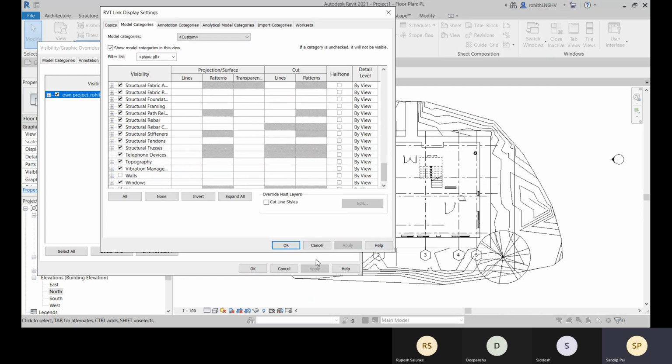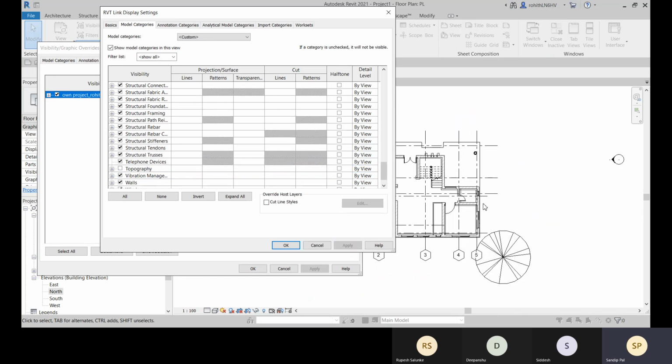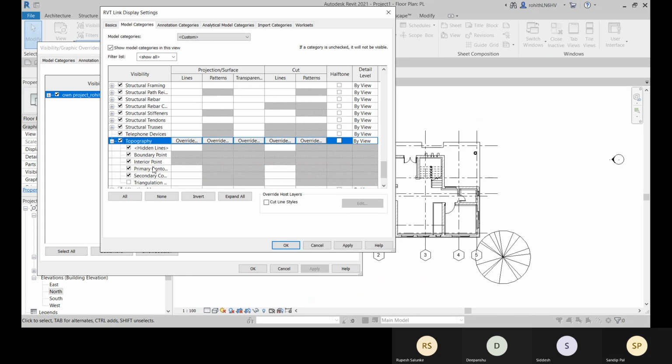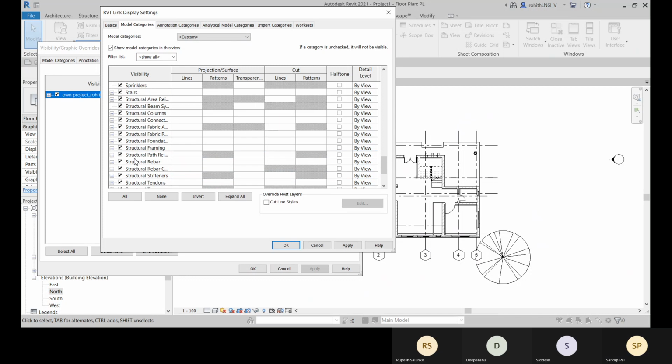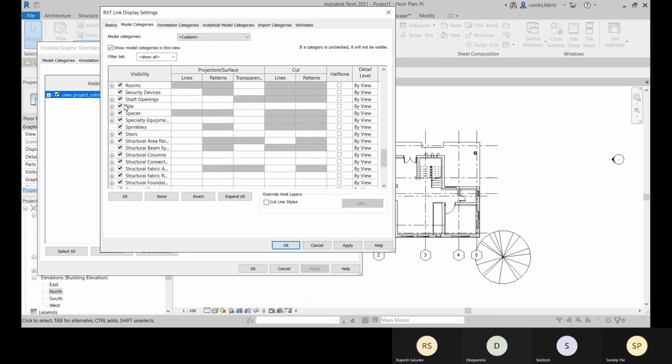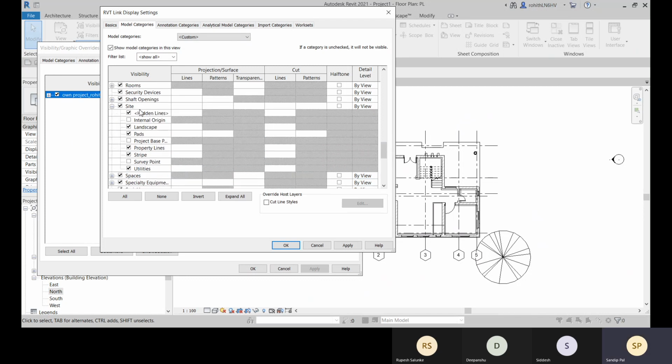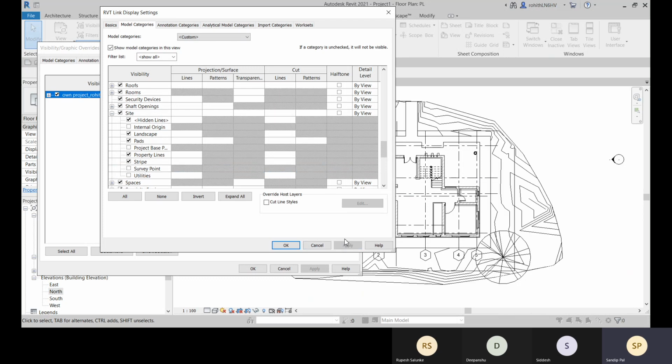Suppose you don't want to see all the walls. So here you can see the walls are hidden right now for this link file. If you don't want to see the topography, you can apply here, topography will not be visible. Okay. All right. So come here, site and utilities, apply.